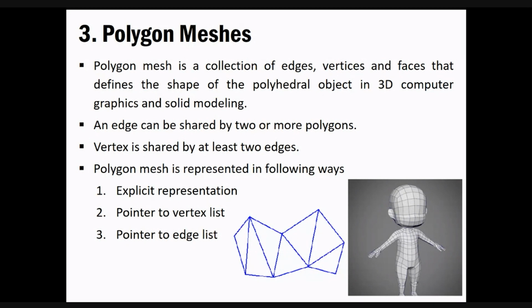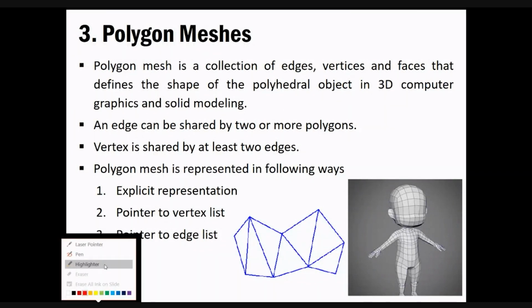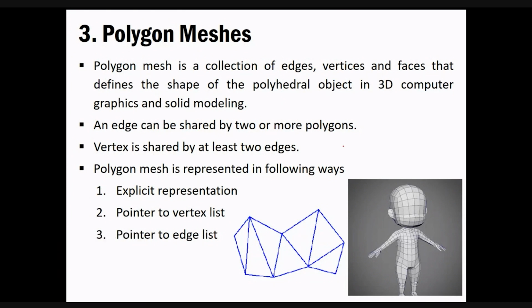As we have already discussed, polygon meshes, as you can see in the figure, we have one image of a boy, and what it is made up of is edges, vertices and faces that define this shape. As you can see, we have multiple edges. Similarly, we have four vertices if you consider this particular square. It is nothing but a polygon. A polygon can have any shape, and you could have any number of vertices or edges. It depends on the shape, how you are forming that particular thing.